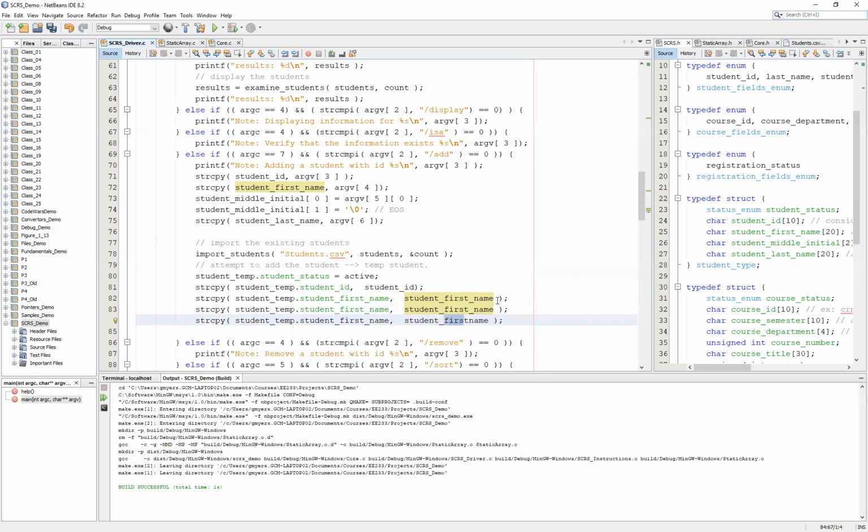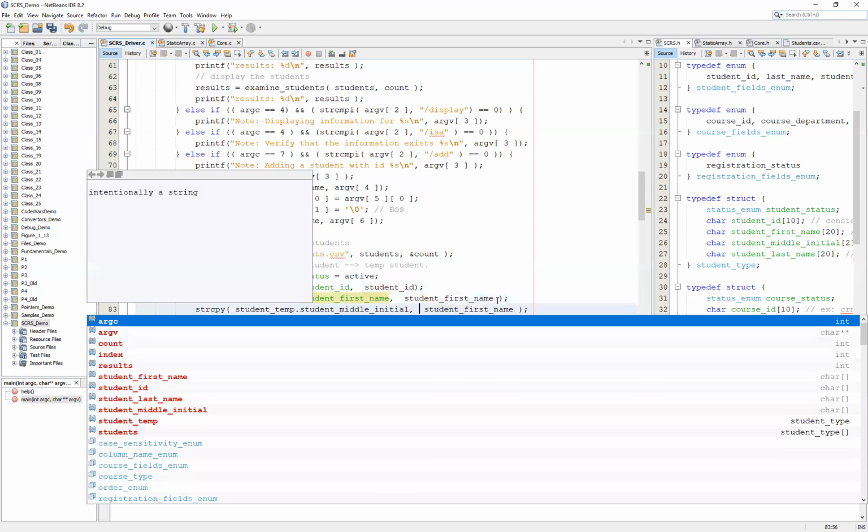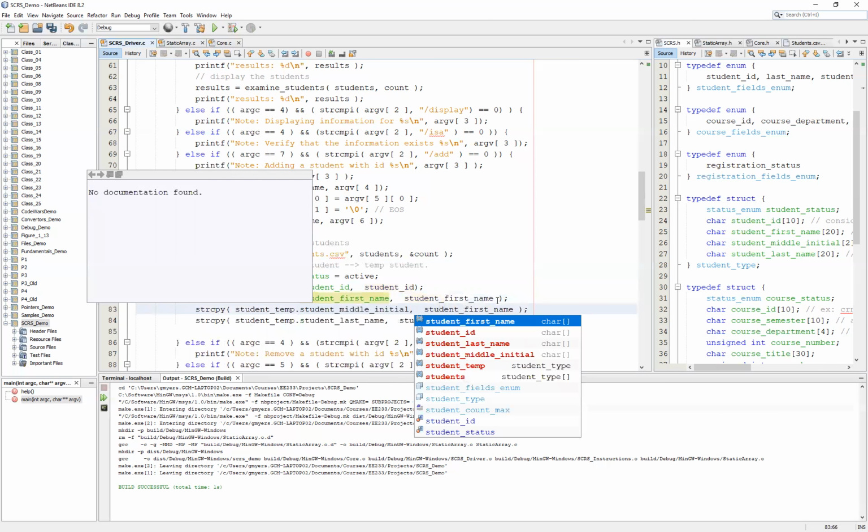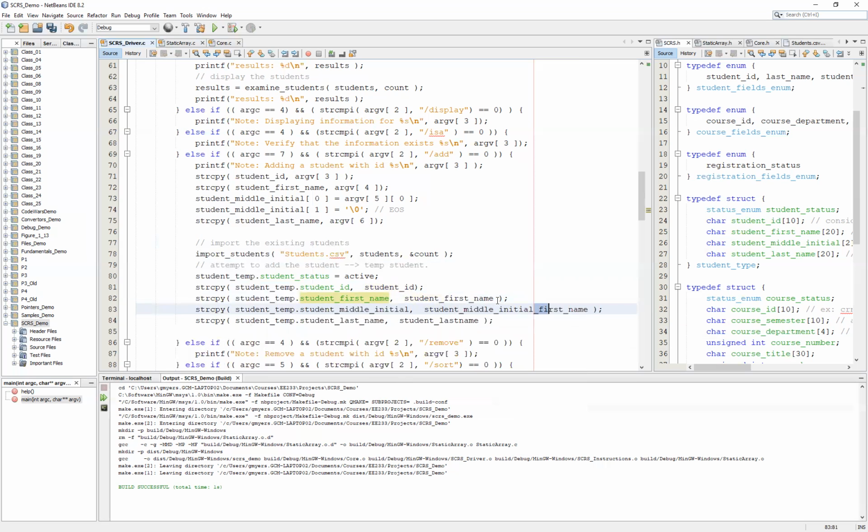And we can do this with the middle initial and the last name as well. And at this point then, we have a fully constructed and initialized temp student, which we can then pass to